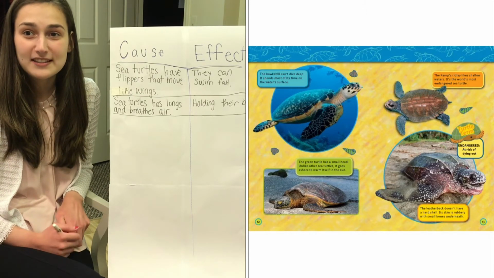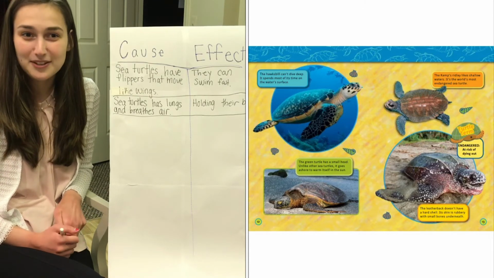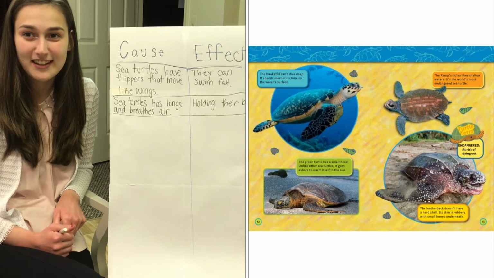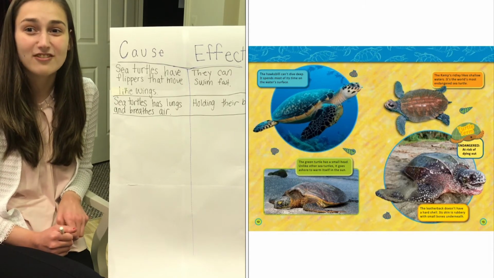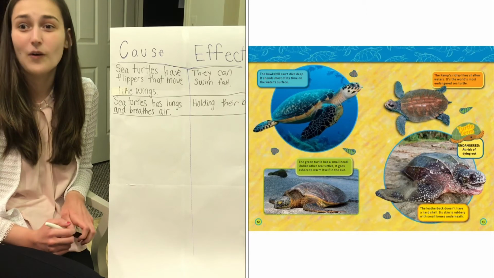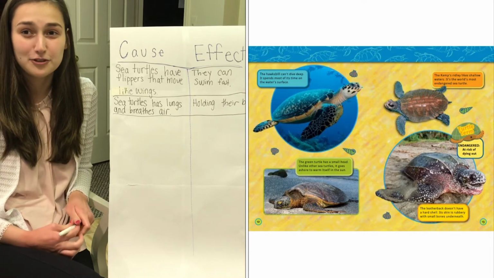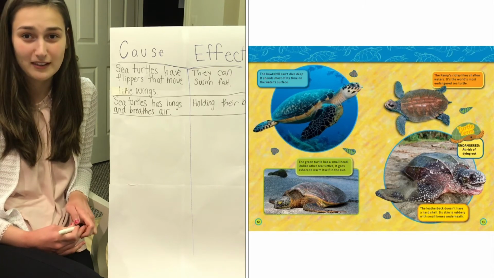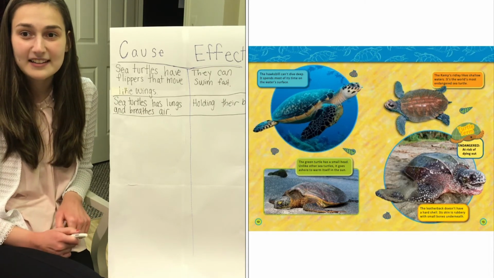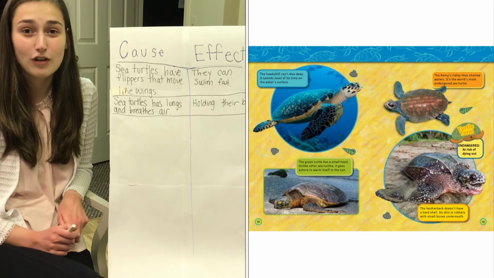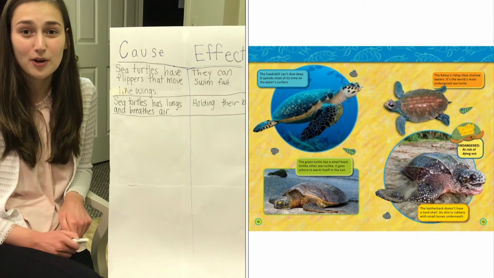It's the world's most endangered sea turtle. Does anyone know what endangered means? Endangered is at risk of dying out. So maybe they have a lot of predators that are after them, or they can't find enough food, but that means we only have a few left. The leatherback doesn't have a hard shell. Its skin is rubbery like leather with small bones underneath.